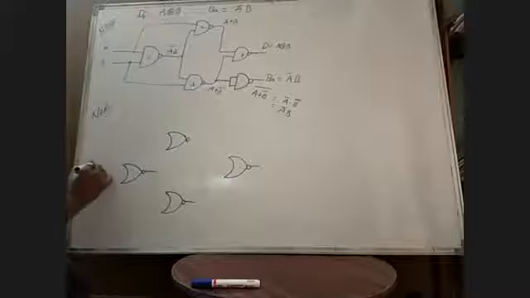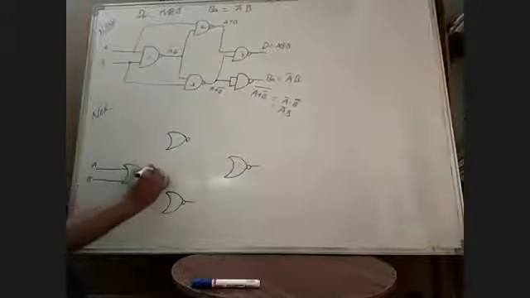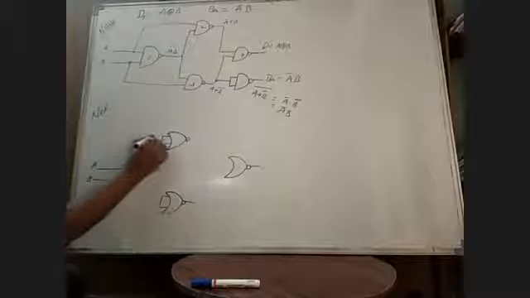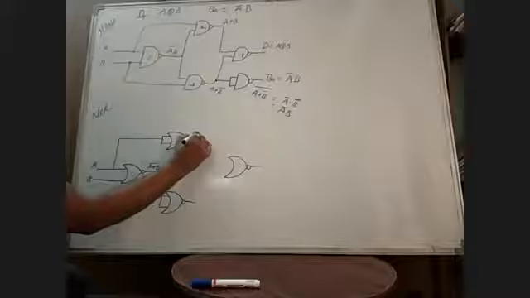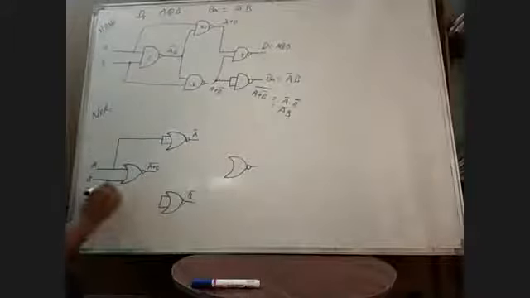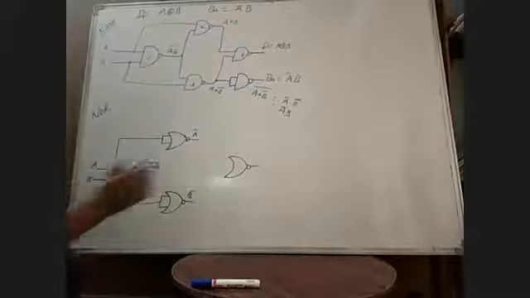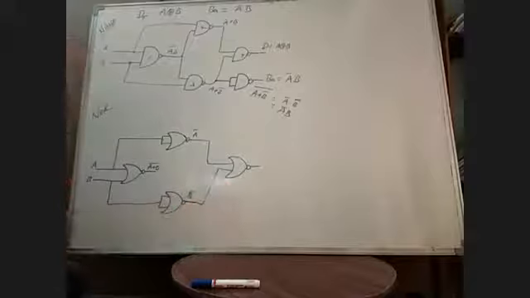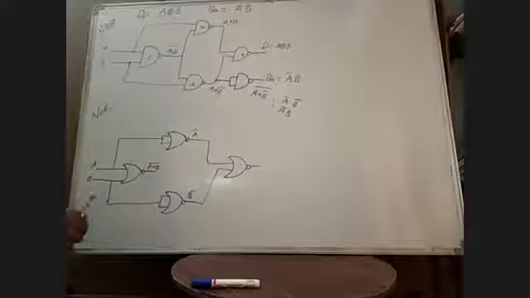Okay, the first level, the input is A, second input is B. Here the output is generated as A plus B whole bar, and these two inputs, you have to make a short here, and we are generating A bar. A bar is generated here. Here B bar is generated. Same diagram, no modification. Now exclusive OR gate రెండు ఒకటే కాబట్టి same generated now. Now what is the output at this stage?